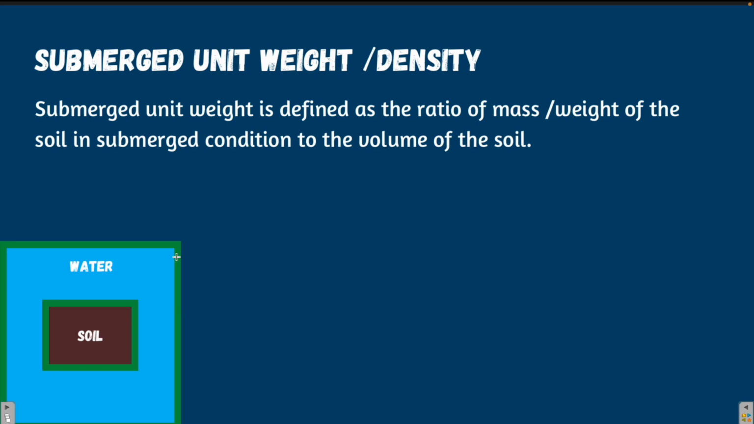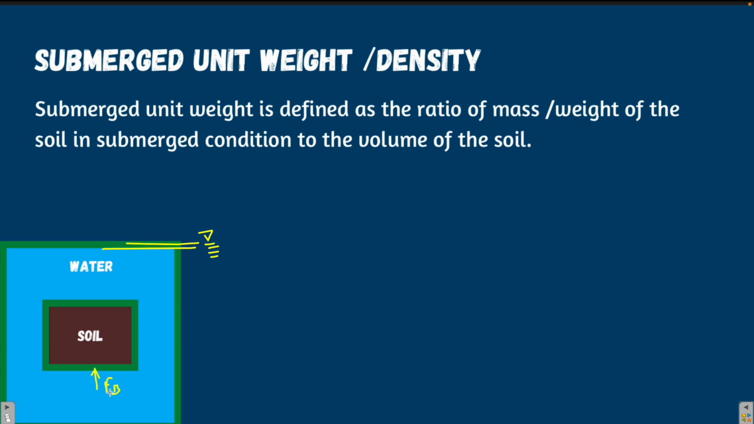In practical purpose, you can say that when the soil is below the water table, if this is the water table position, the soil mass is below the water table, then it is said to be in submerged condition. Then the unit weight of the soil is reduced somewhat because of the force of buoyancy which acts on the soil mass